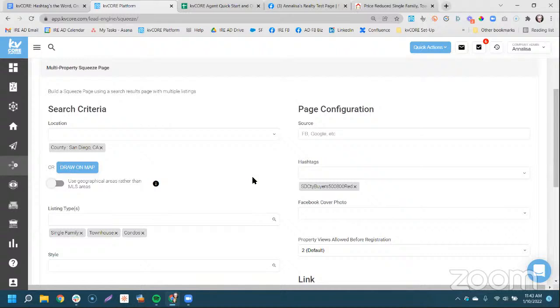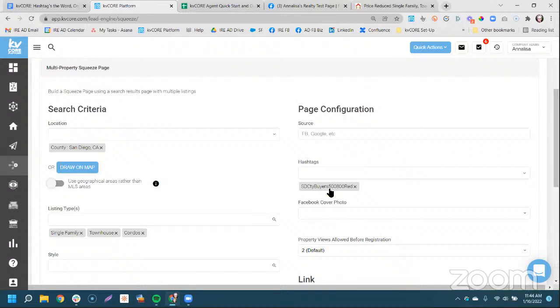I'm going to proactively do it. So to me, my mantra is whenever you create a hashtag, something associated with a hashtag, whether it is a landing page, a squeeze page, a zap coming in from an outside source to kvCORE, an API nation with a hashtag attached to it, make sure that you're utilizing that tag to work for you and put it to work.